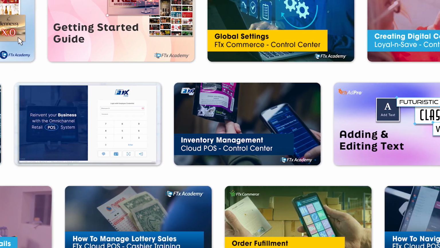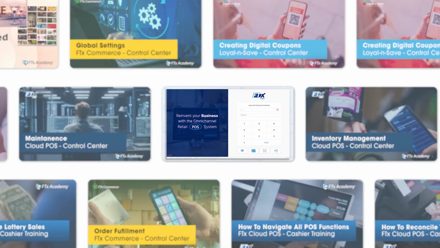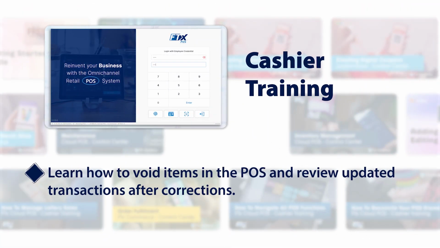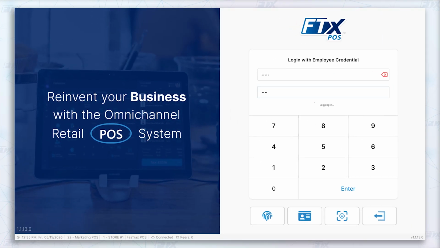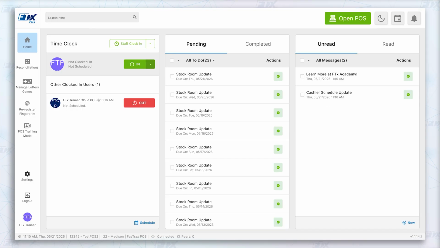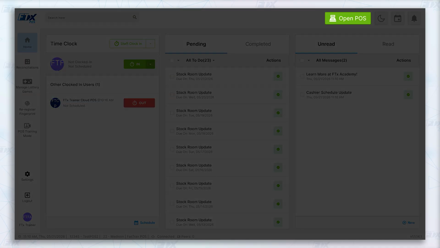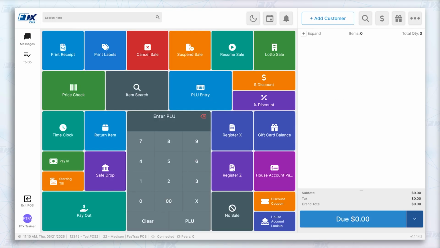In this video, I'm going to show you how to void items during a sale on your POS. To start, you'll log into the POS as normal, and then from the POS home screen, tap Open POS in the top right. Once you have the POS open and you have your product scanned,